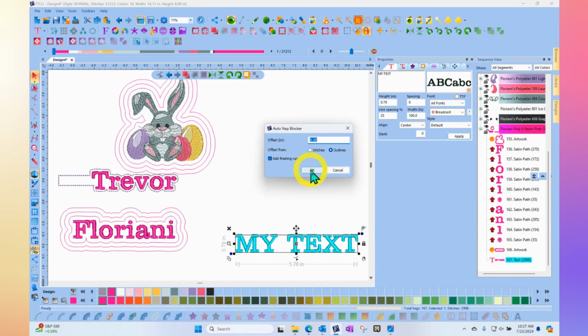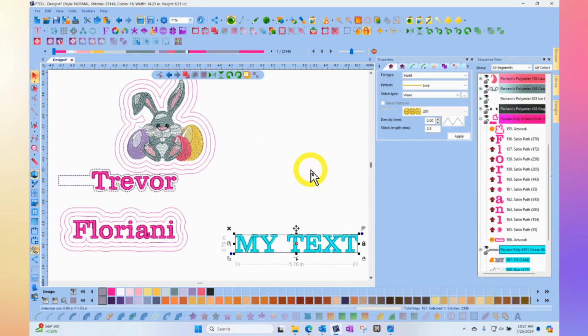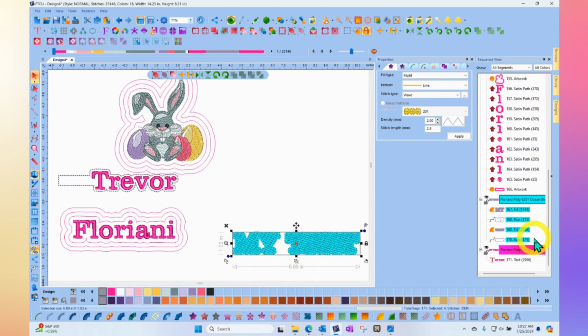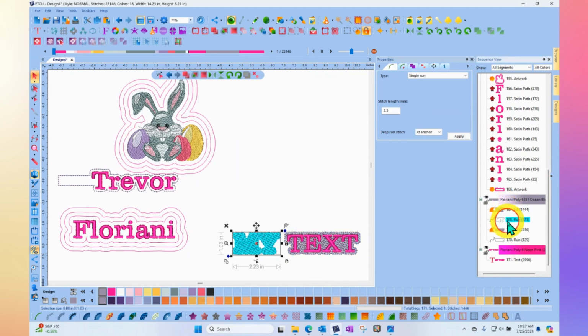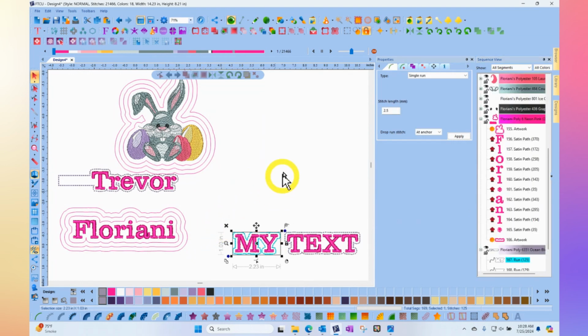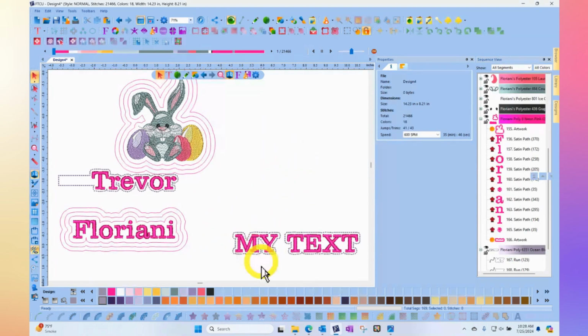So if I click right now, watch what happens. It creates the mesh. And if you look in your sequence, it's created the mesh for the word "my" and a run stitch outline for the word "my." And then the mesh for the word "text" and a run stitch outline for the word "text." Well, we don't actually need the mesh for the application that we're doing. I can just select that mesh and remove it. And what I'm left with is the run stitch outlines